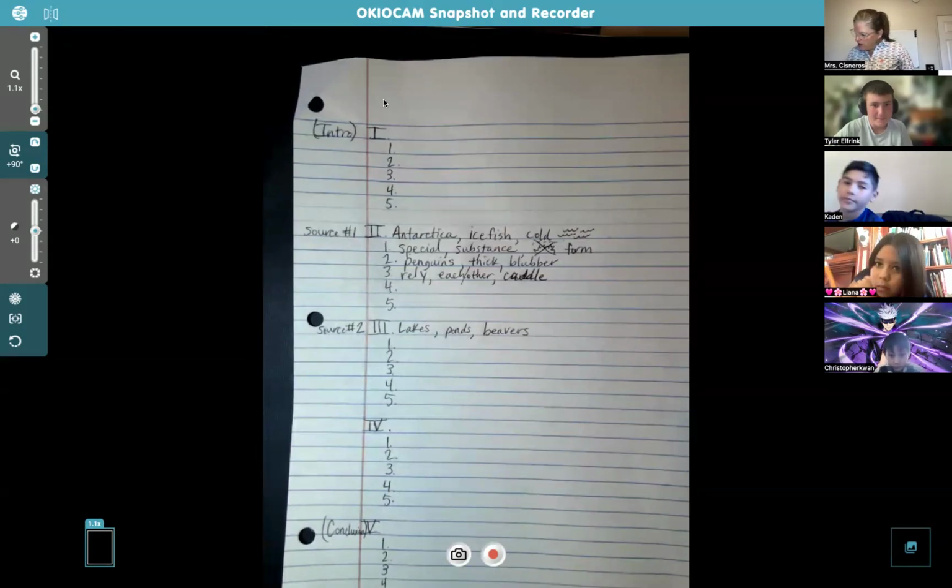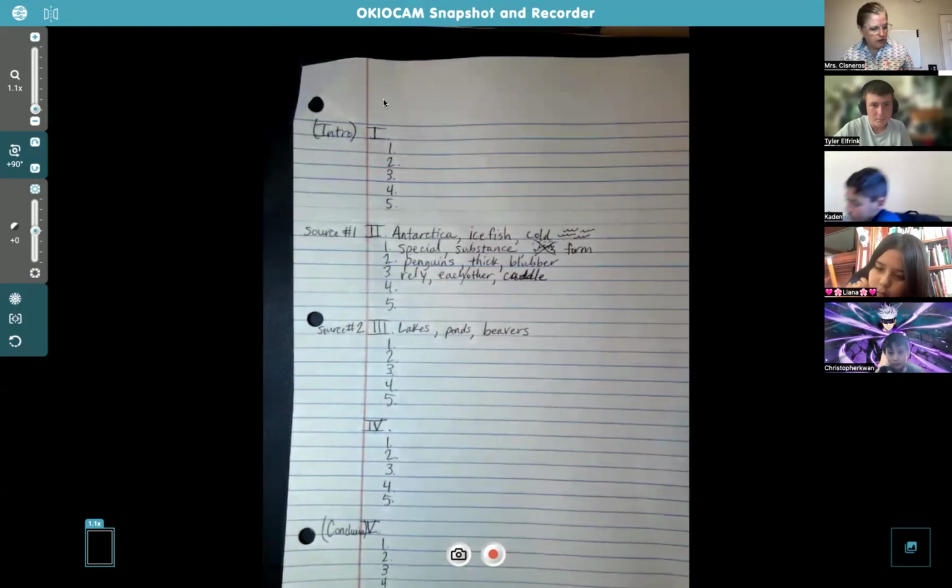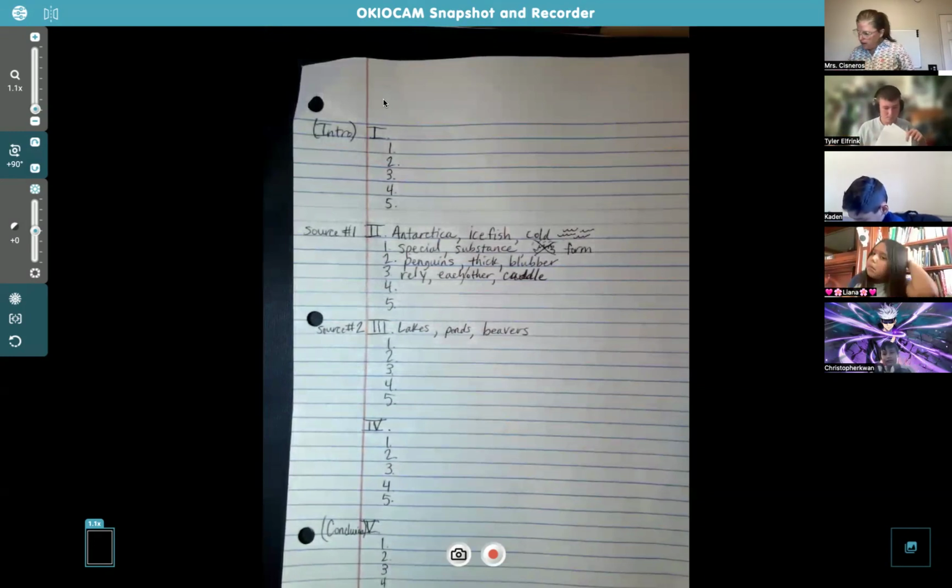And then you're going to write some more about beavers. They use branches, chew them apart. Go ahead and take a minute and write, or whatever animal you picked, but go ahead and fill out a couple of these from source 2 about the animals and some key facts that you find or some interesting facts.